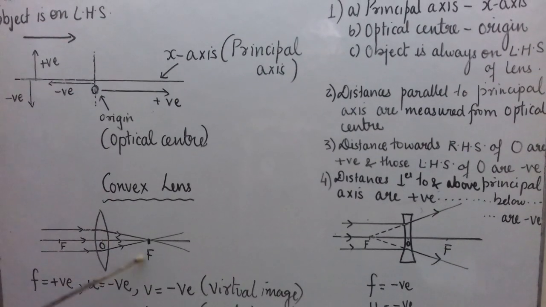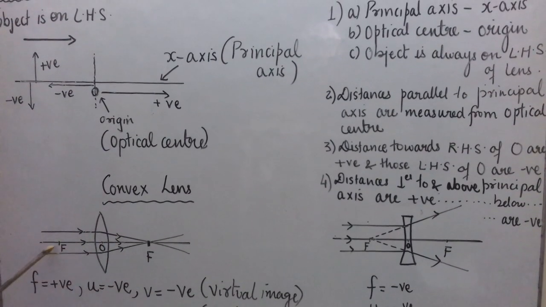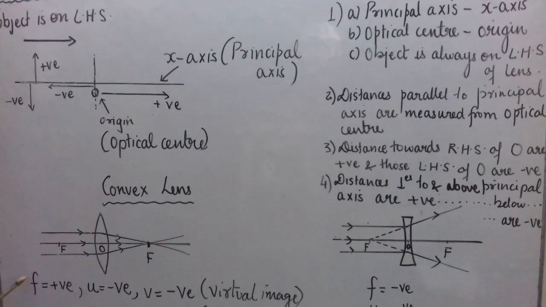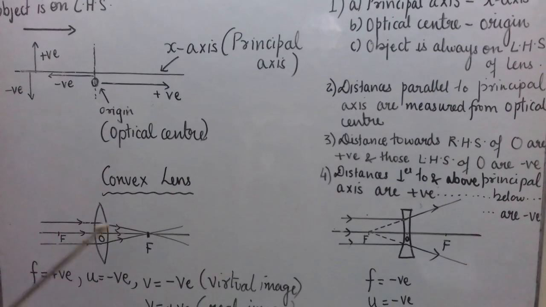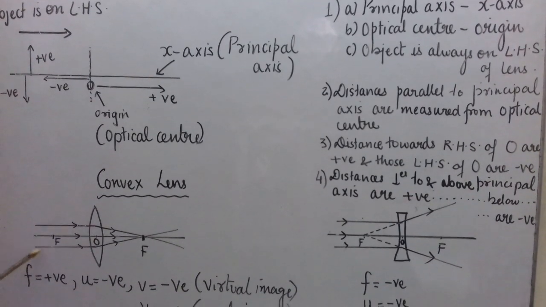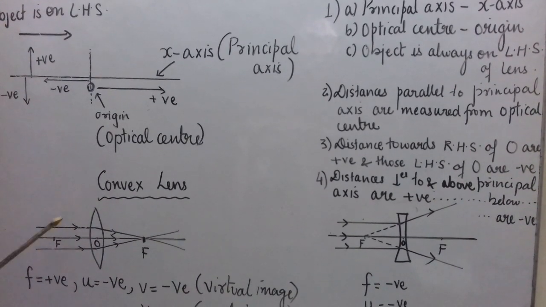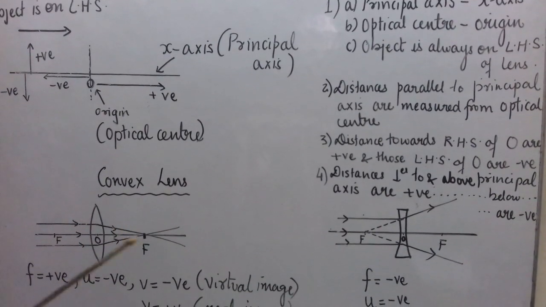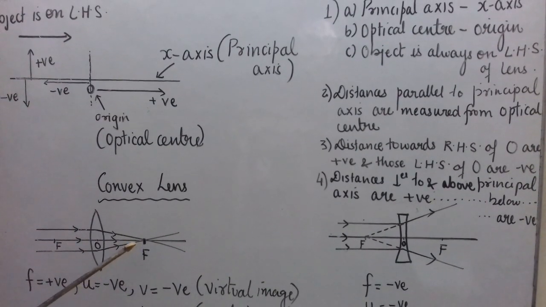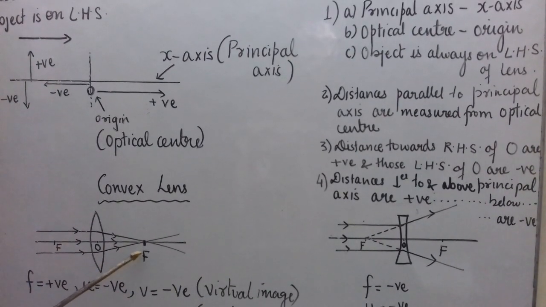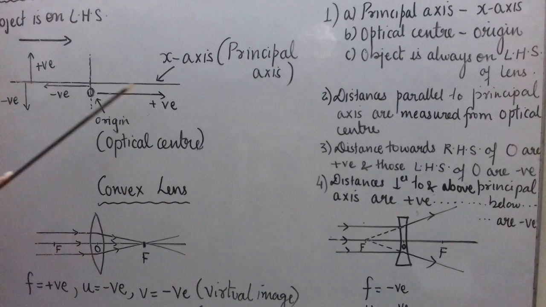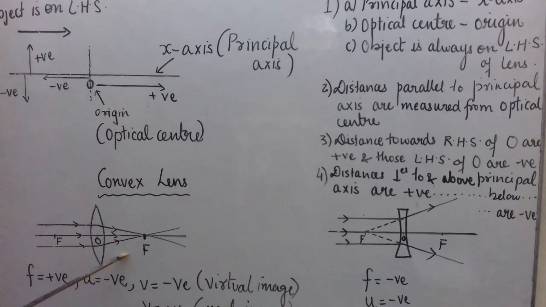Since there are 2 foci here, some of you may get confused whether for assigning the negative or positive sign, whatever sign we are going to assign to focal length, it depends on which focus we are choosing. So be careful, use the sign convention, keep the parallel rays or object on the left hand side here. Wherever the rays meet, importance will be given to that focus. So for assigning sign to focal length, we'll be using this focus, and hence the focal length will be this OF, that is the distance measured towards right hand side of O. So this focal length is positive.